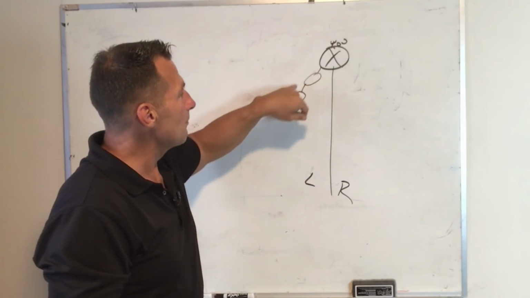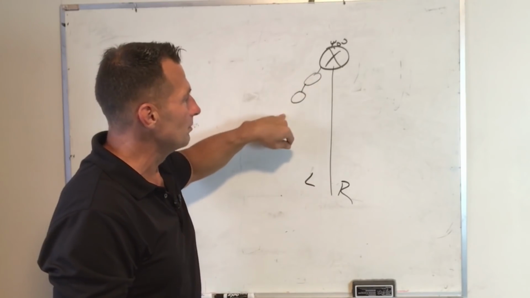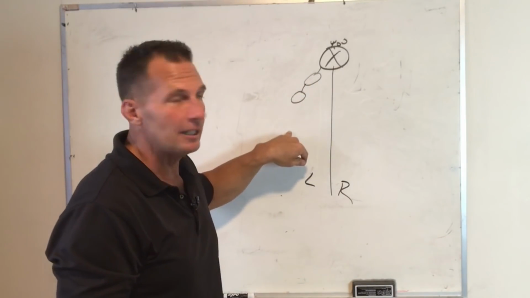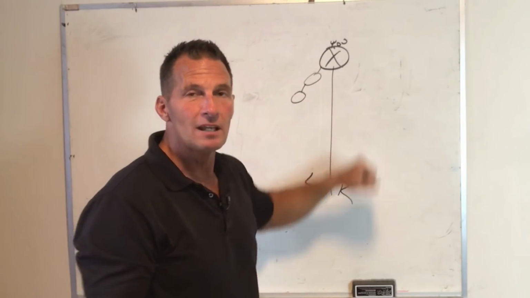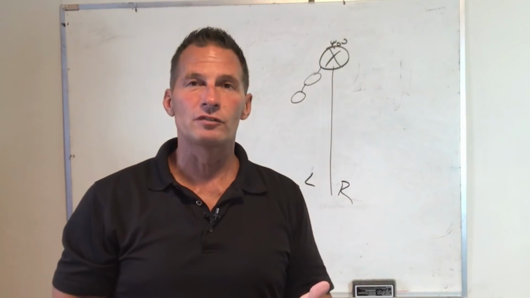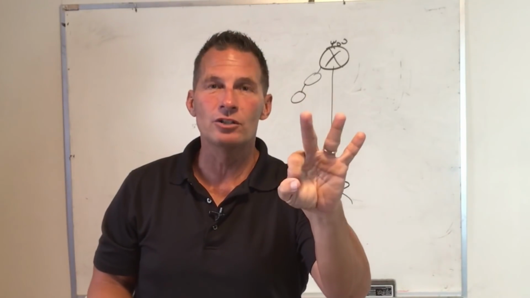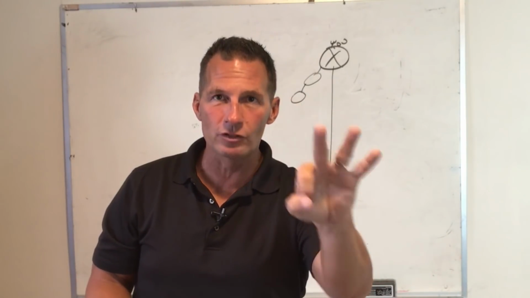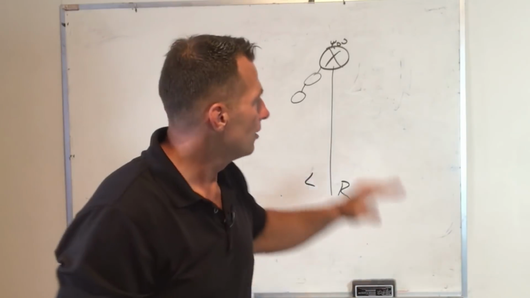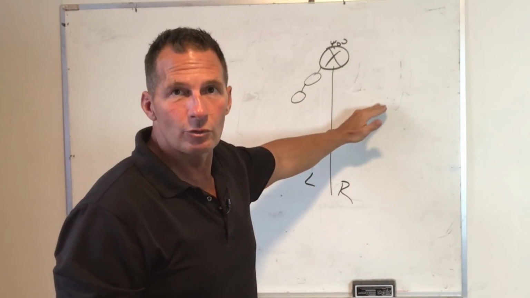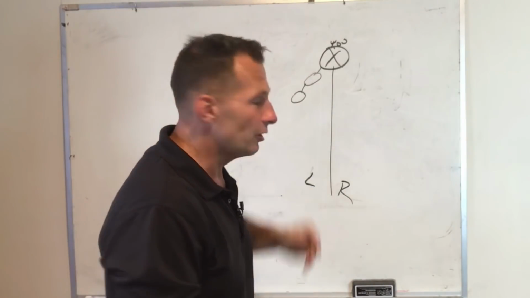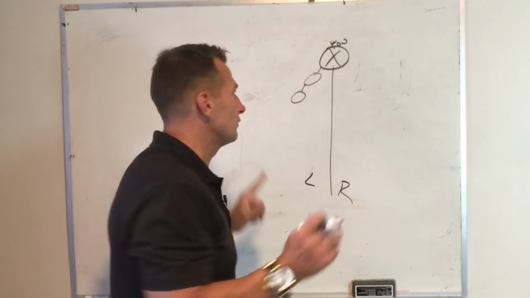But what happens is, in a lot of cases, when you get a few people put down, regardless of what side it might be, your tendency is to automatically put somebody over on this side. And here's what I would tell you, and if you want to remember this phrase: first 3 go in the tree, first 3 in the tree. The reason is we want to secure legs first before we start doing something else, okay? And here's the method to the madness on this, if you follow me.